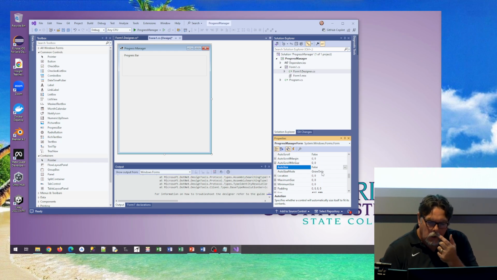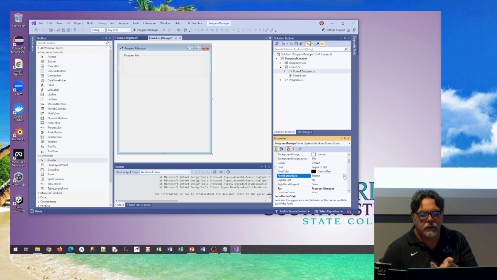No, there's something in here for sizable. It's something like can resize. That's the hardest thing about this, is remembering what the name of all the properties are. Form, border, style, sizable. If I say, I like fixed dialogue,